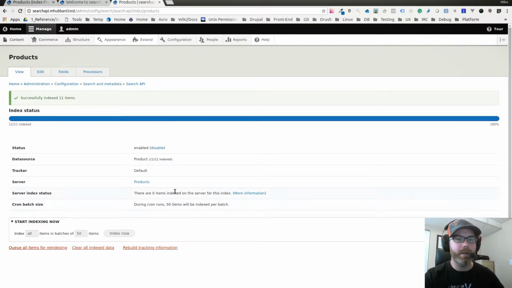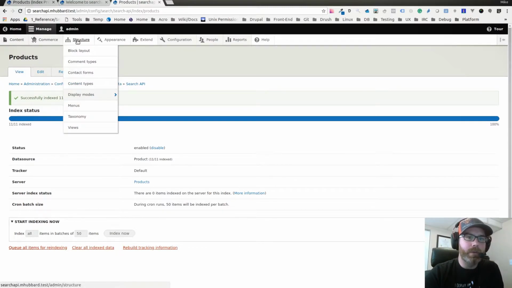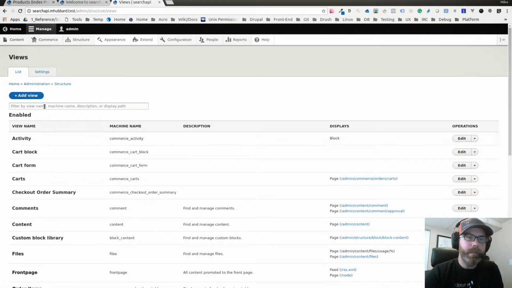Okay, so now we have our products indexed, so they're indexed into our search API, just into our settings. So our index has some things in it and we can actually use it now. What we'll do now is use a view in order to return all of the results from that index. So if I go to structure and down to views and add a new view,